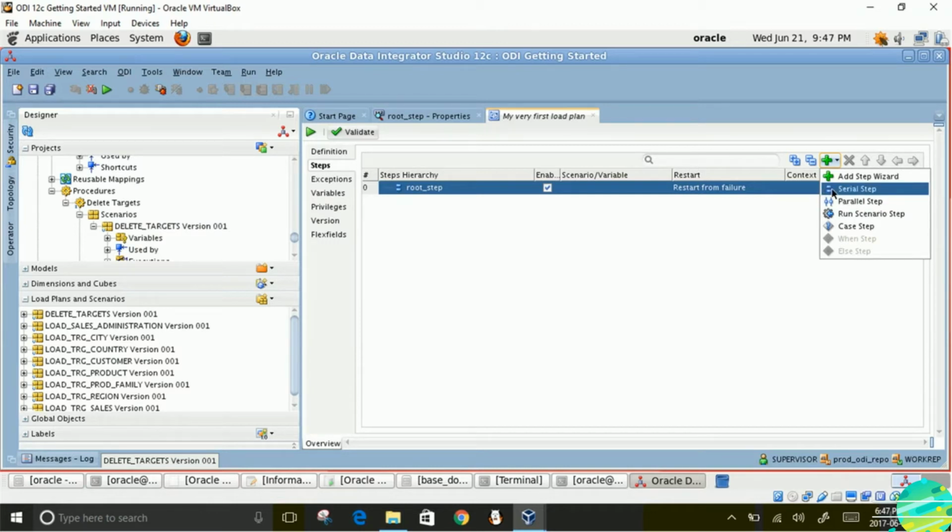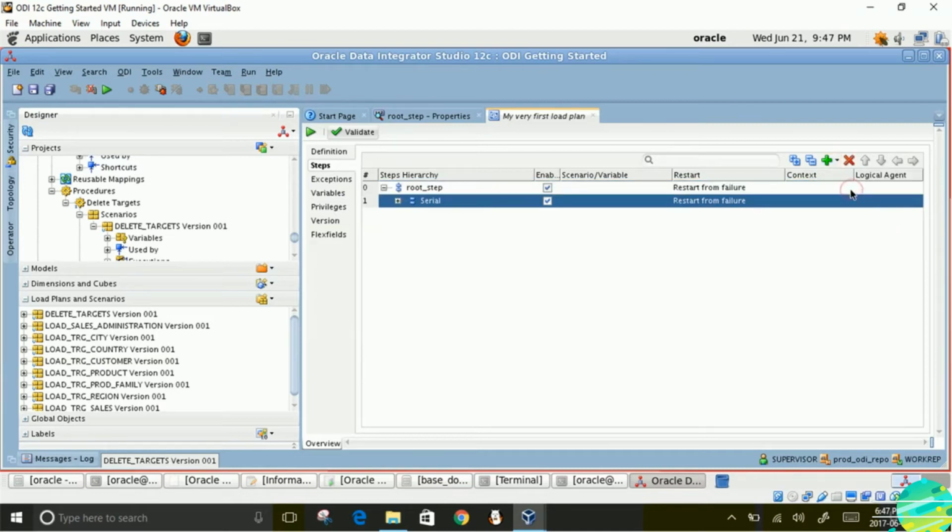If your step is serial step, all the scenarios under that step will run in sequence one after the other. If it is a parallel step, all the scenarios under that step will run together at the same time. Let's begin developing it and you will understand it.